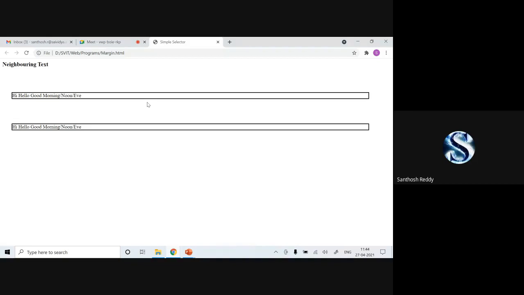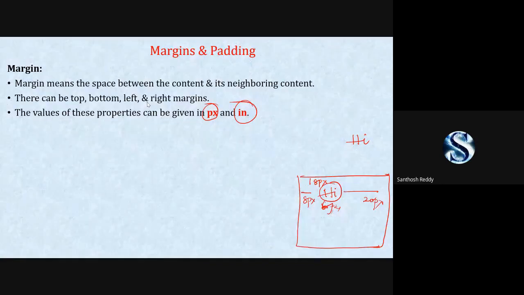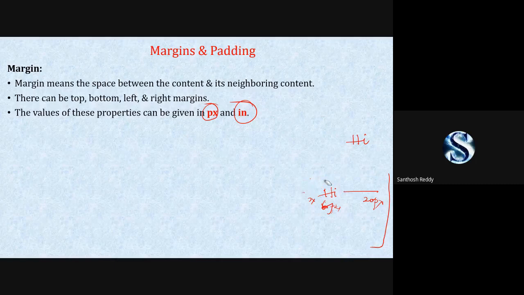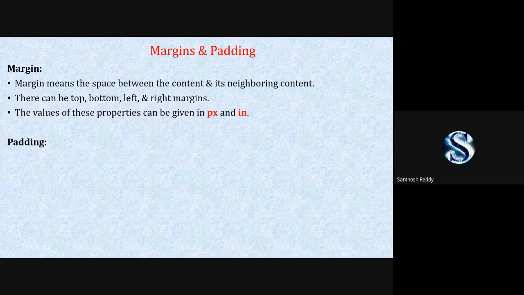Is it clear for everyone what you mean by margin? If it is not understood, I'll explain it once again. Hoping there is no response, I will continue with the next topic.